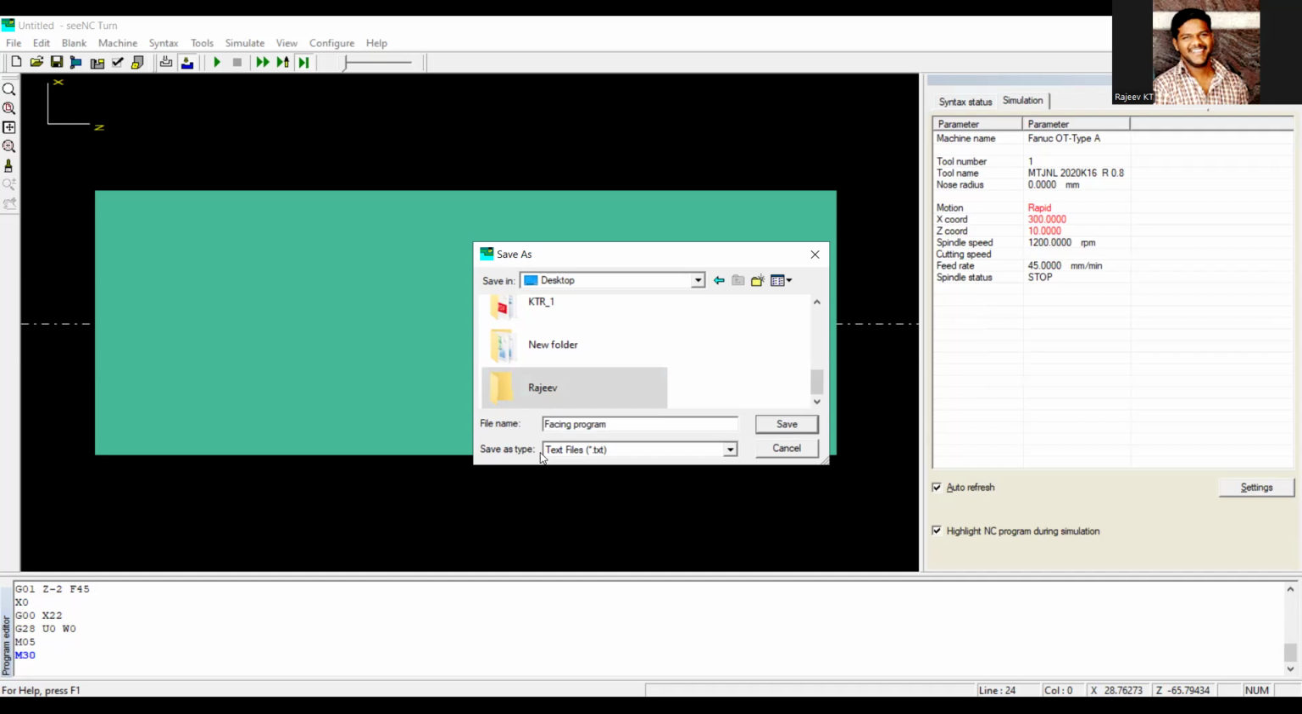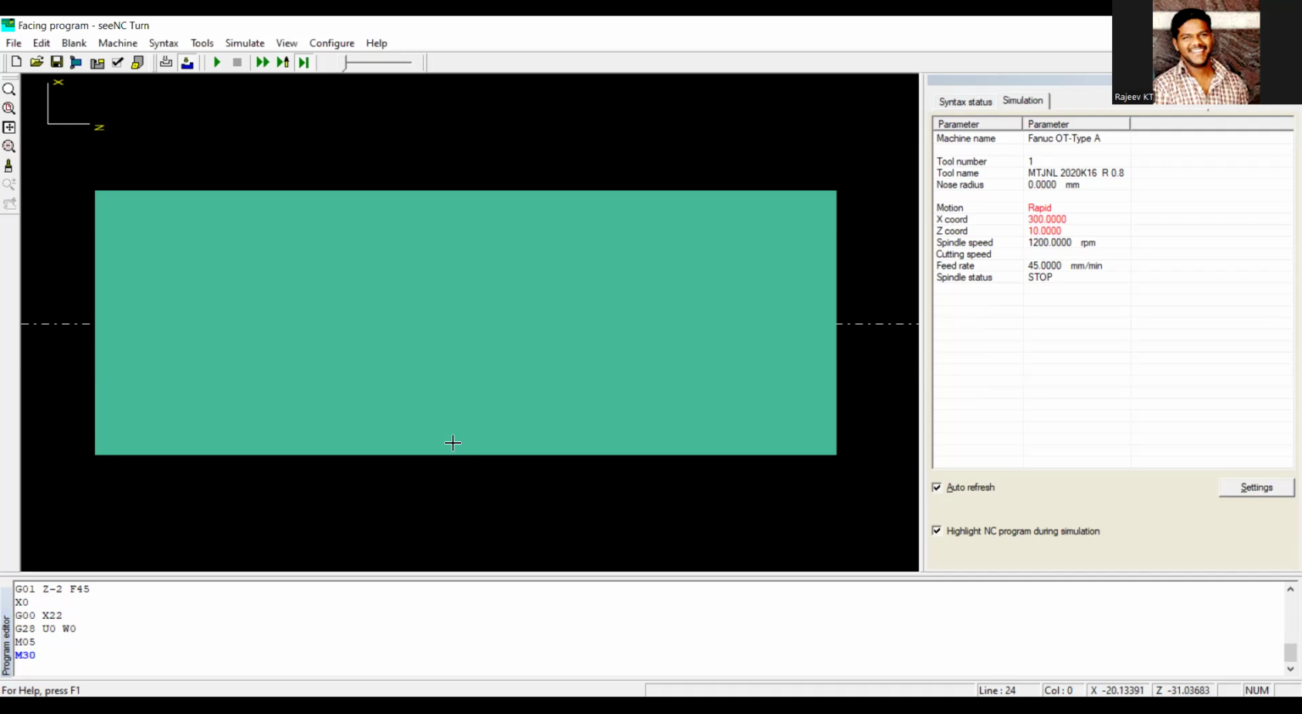Okay, so save as text file. This file I am saving, you take it as text file and save. If you give it, the program will be saved in that folder in a text file format. Similarly, if you want to perform a second operation or other operations, then you go to file, select